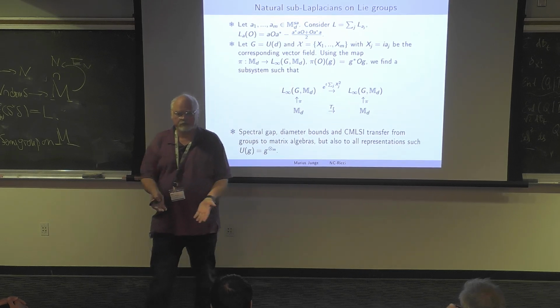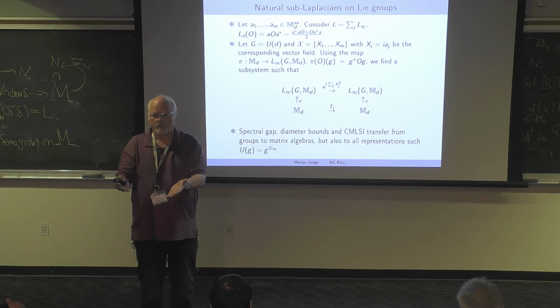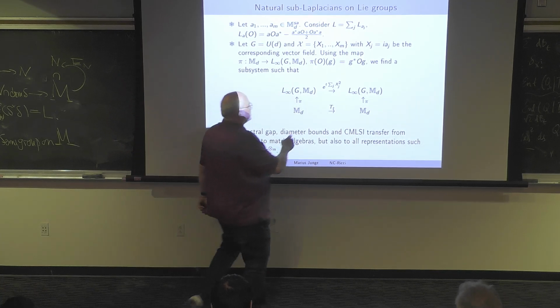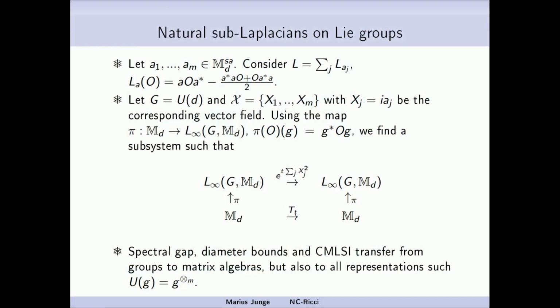You literally have a system which preserves, right? The semigroup is just a restriction of the other system. And if I'm really honest, I should write here tensor identity. All the action is on the group. There's no action on the matrix algebra anymore. So we reduce everything to the group. The group has to do the work, and then the induced open system map inherits all the properties from the